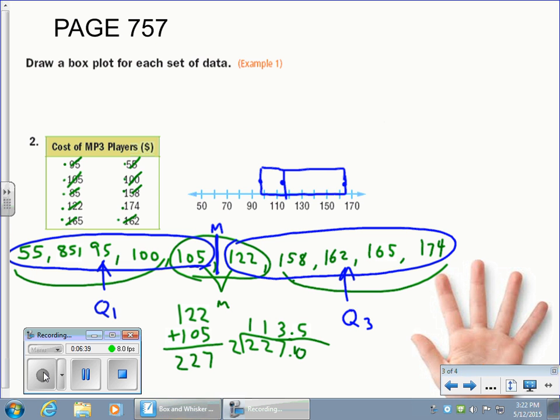Now I need my whiskers. 55, right in between 50 and 60, maybe a little further left. And 174, which is pretty much the end of the scale, right? Now, somebody might say, well, maybe that 55 is an outlier. And it may well be, and we could use the formula to find out. But if it was an outlier, you could stop your data at the next value, which is 85, which would